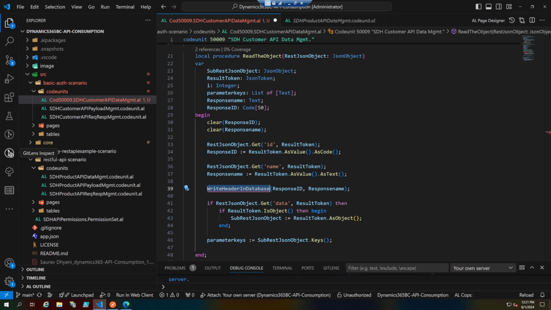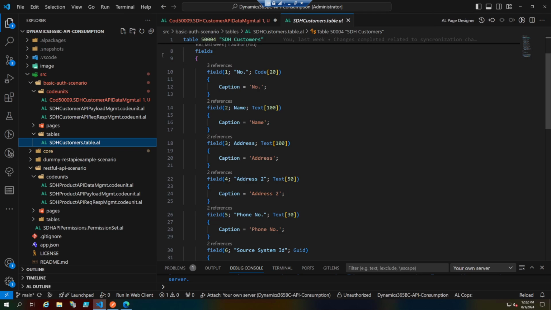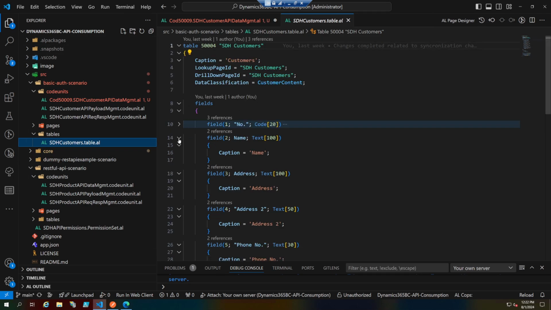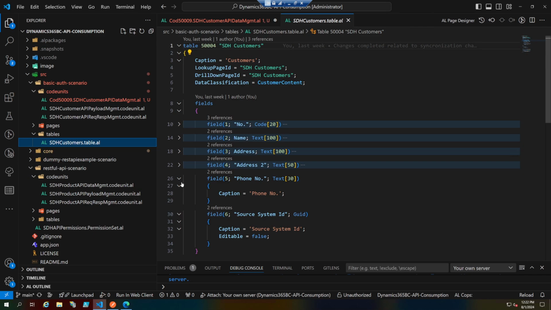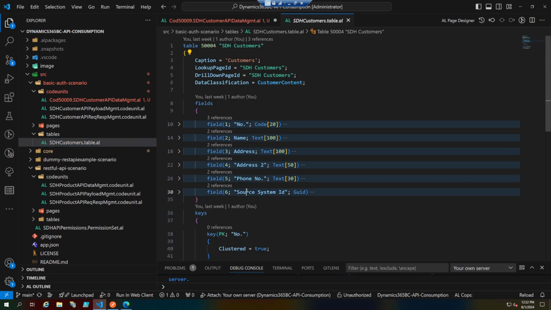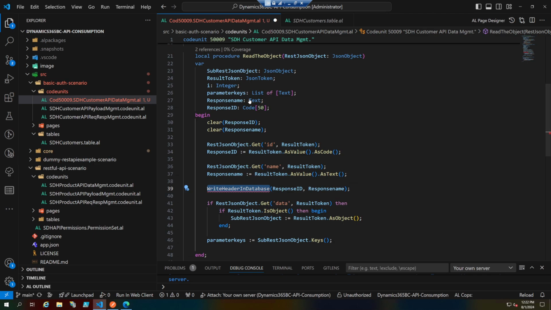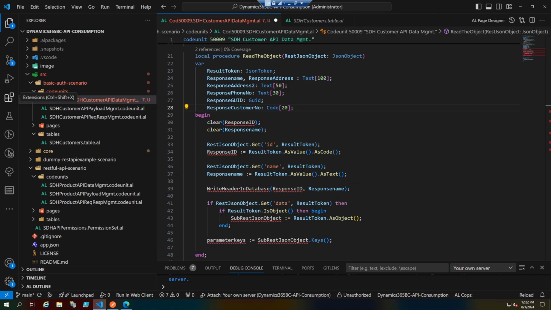So let's replace it. The fields that we have in our customer table, let's go into the table, are these: number, name, address, address to, phone number, and the system ID of the actual record. We just want to fill them in. I don't want to waste your time, so I'll just copy paste it so that it's easier for everyone and we save time. I'm just copying the variables, and if needed I'll walk you through it, and I'm also copying the code that's needed for it,